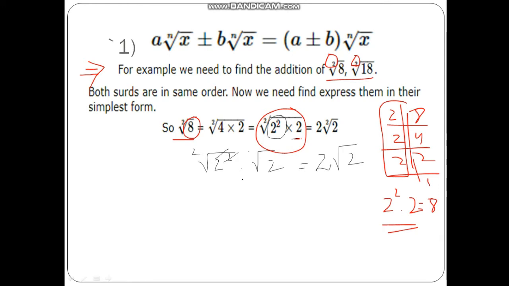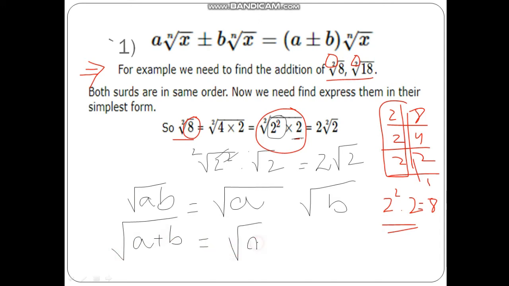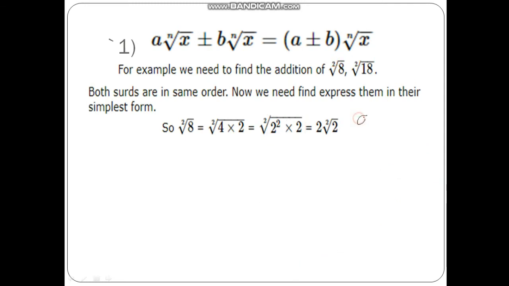So when two surds A and B are multiplied with each other, we can write it down as A into B separately. But if A plus B is there, then we are not allowed to write it like this. If we are having A by B whole under root, then we can separate under root A, under root B. We can write them in separate form. Fine, न्यूमिनेटर में अलग कर दें अंडर रूट और डिनोमिनेटर में अलग कर दें. But if a minus b is there, we cannot write under root a minus under root b.